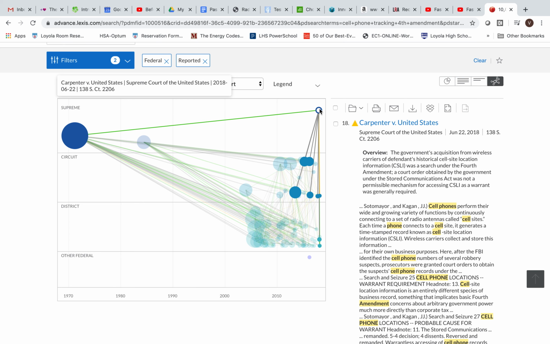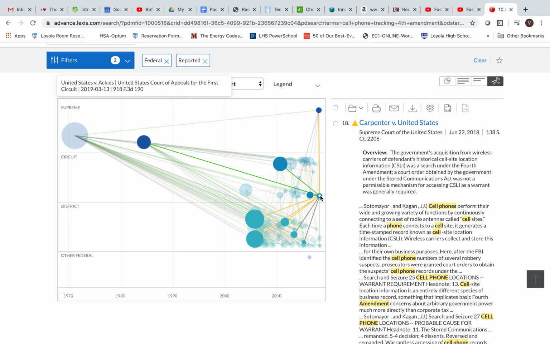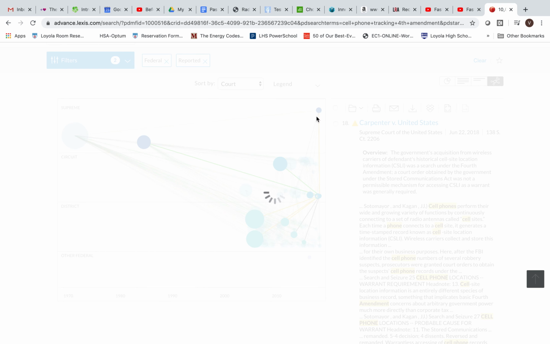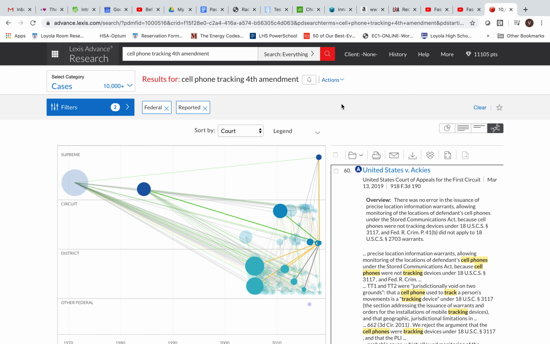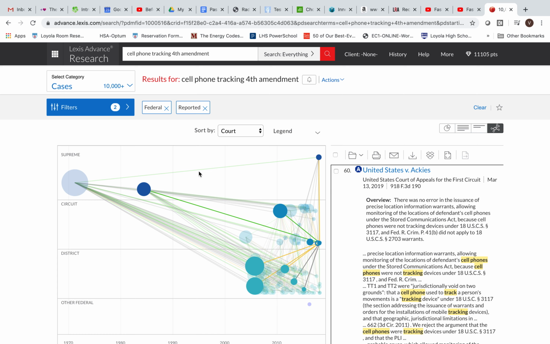Then once you figure out that, you can then drop down, this is so cool, into the lower courts, and you can say, well, how are lower courts interpreting Carpenter? Carpenter, remember, was my most recent case. You go down here and you can check on these smaller little bubbles that we know are the most recent because of the way the dates work. And we go from here and see this yellow line that's connected. This basically means, oh wait, I didn't mean to do that. Sorry. This basically is showing the connection between this case, which connects to Carpenter, which you can tell connects to